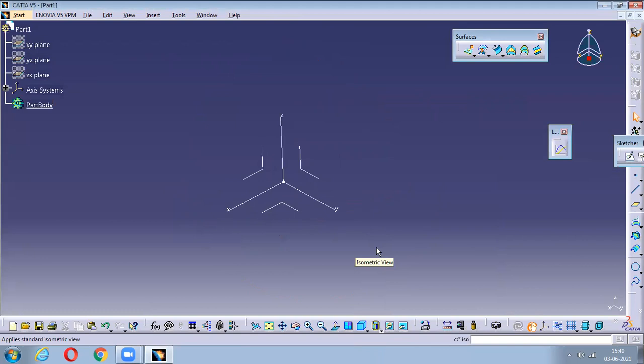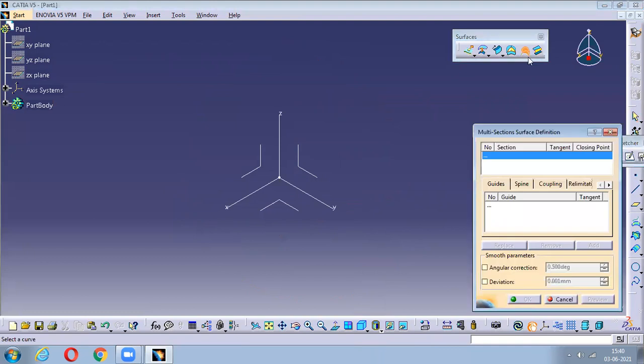Any doubts? No, sir. Okay. So this thing, I guess I don't need to explain, this multi-section surfaces. It works 100% similar to the multi-section solids you have learned. To create that spur gear, just try it once for different planes, try to create different profiles and add the material. If you are not getting it, I'll explain it in the next class. Or do you want me to explain this also?